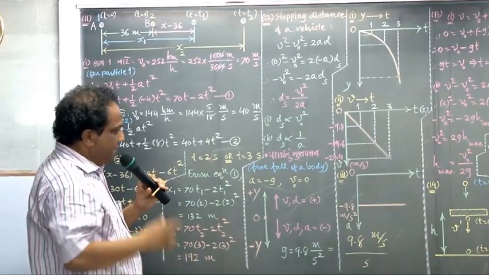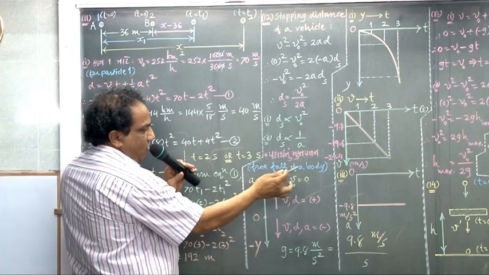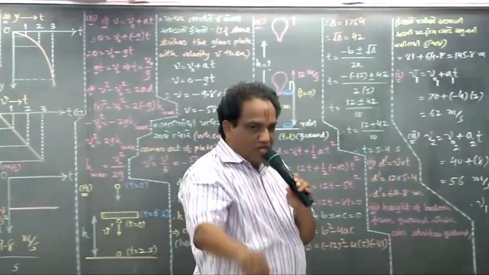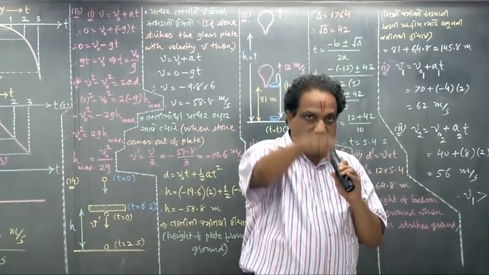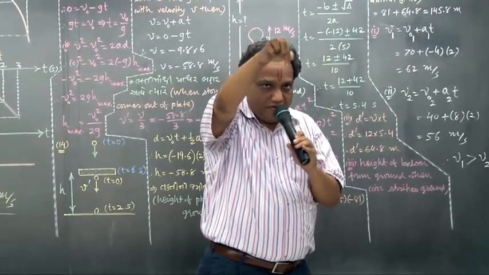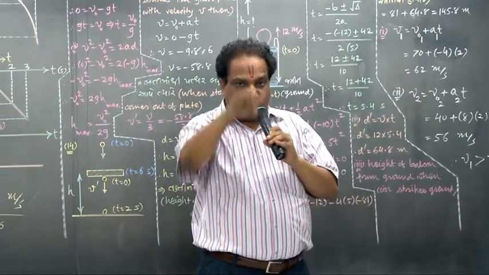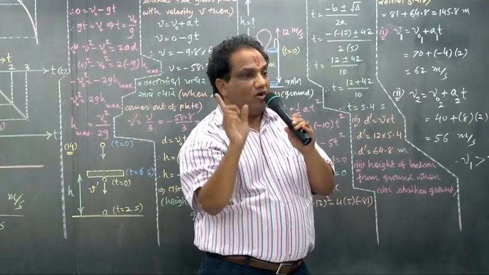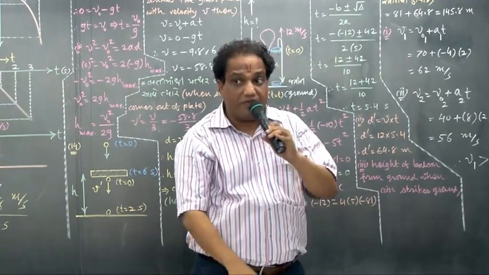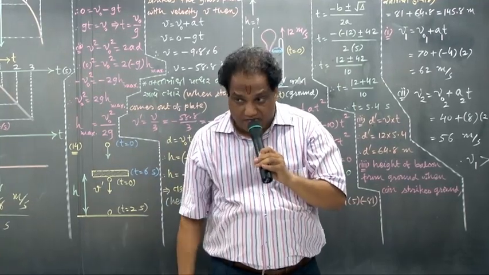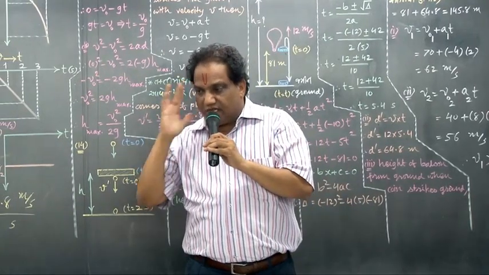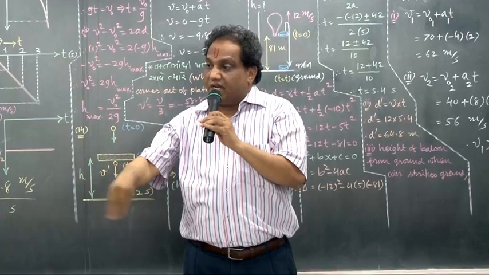A little theory is there. What is called free fall of a body? If you release any body from a certain height, what happens? That body falls vertically downwards. But when it is falling in the gravitational field of Earth, surrounding the Earth we have atmosphere, atmospheric air is there. So that air provides air resistance. But we just consider the ideal situation. Suppose air resistance is not there.